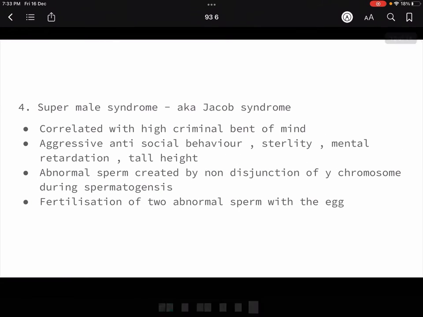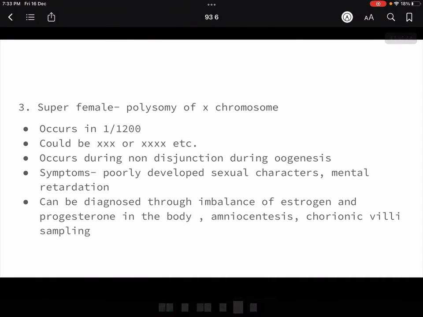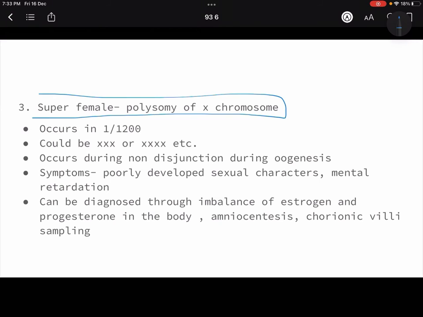Now comes the next one, which is the super male, okay, not the super male, but the super female, okay? Now I did not find very cartoonish or animated pictures for super female and super male, and I didn't want to put the original pictures of any people. So if you want to see, because of visual memory it creates in your mind, you can just Google it and see the pictures. I did not put them, okay? So the same way,